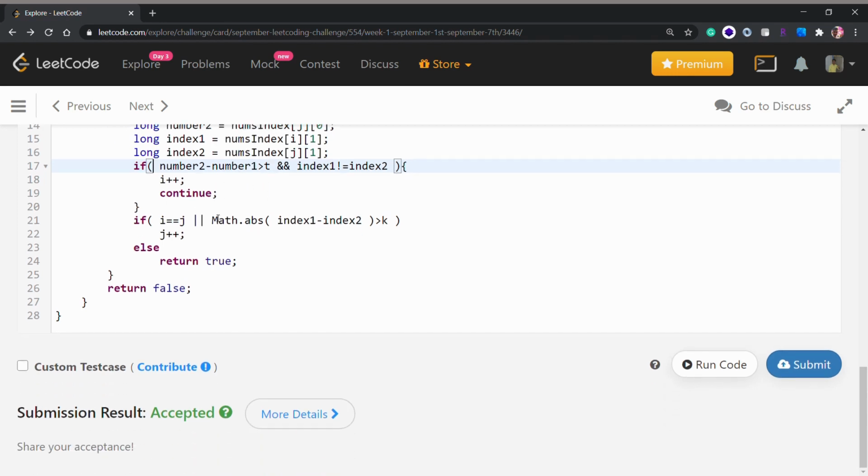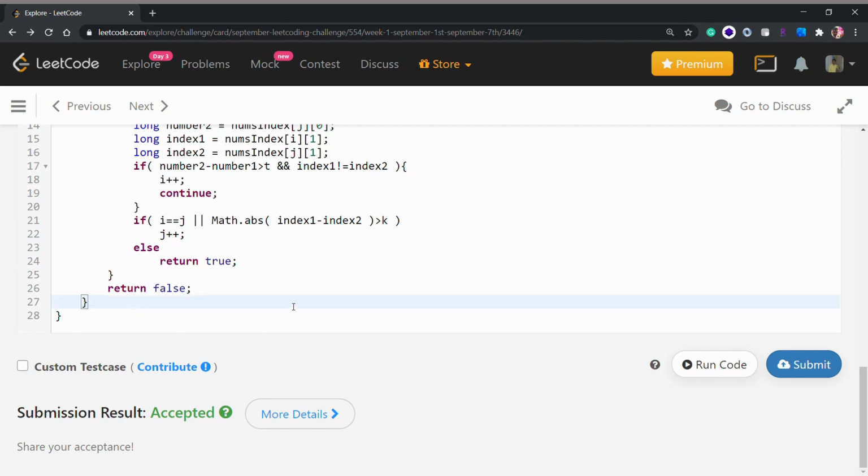And after this we will check if our i is equal to j, or our difference between our indexes is greater than k, which it shouldn't be, because the difference between the indices i and j, or index 1 and index 2, should be less than or equal to k, and our i and j should not be equal, because as I said we might have made them equal. So if they are, we will just increment j.